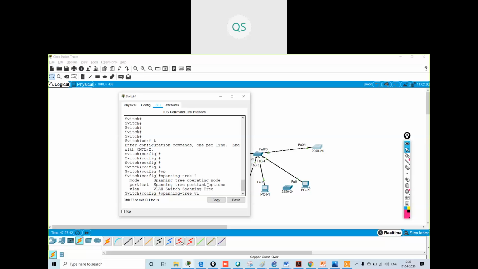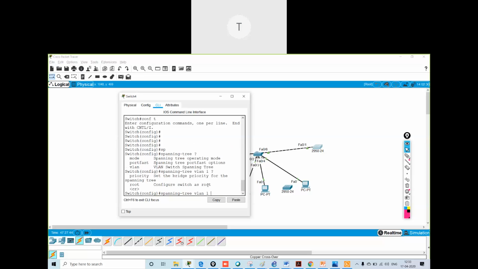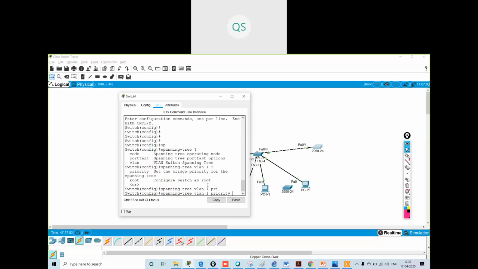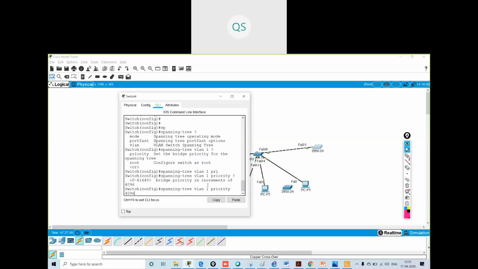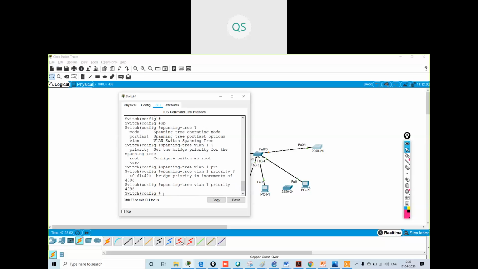Yeah, bad luck. Actually, yes, we can change the priorities. Spanning tree VLAN 1 priority. What priority will I give? I will give it 4096.